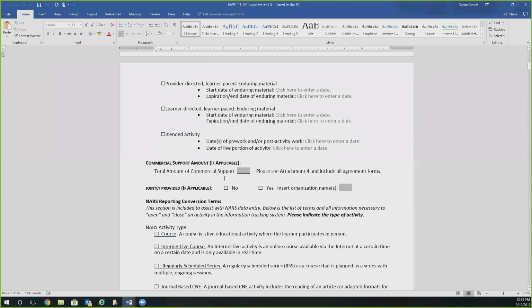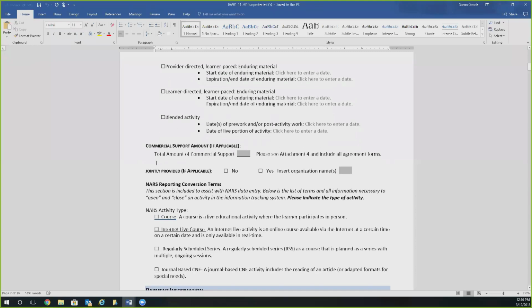Commercial support. This is any monetary amount that you receive from a commercial entity as defined by the ANCC that is helping to finance your event. So you would need to fill that in if you are getting any commercial support from an entity. And potentially, if you are jointly providing this activity between 2 entities, so let's say, I'm in Arizona,